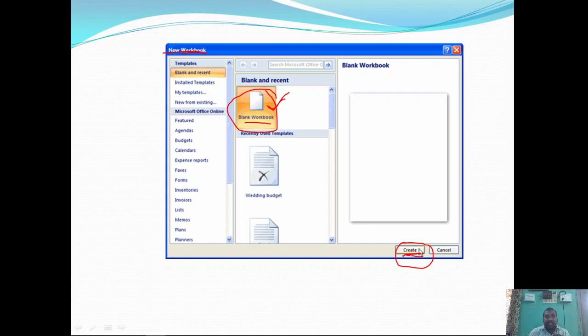Right, in yesterday's session I already told you that Excel is a spreadsheet application, right? By default, Excel application information will be stored in the form of workbooks. A workbook contains several worksheets.